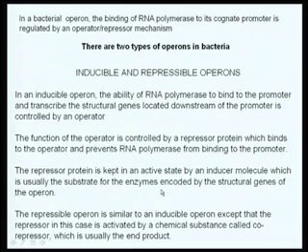And you also have examples of a repressible operon, for example the tryptophan operon, wherein it is similar to an inducible operon except that the repressor in this case is activated by a chemical substance called a co-repressor, which is usually the end product. Now, remember, inducible operons usually are involved in catabolic pathways, like lactose degradation and so on, whereas repressible operons are usually involved in biosynthetic pathways, like for example, tryptophan biosynthesis. It is actually the trp repressor, activated by the end product of tryptophan biosynthesis, that acts as an inhibitor of the trp operon.